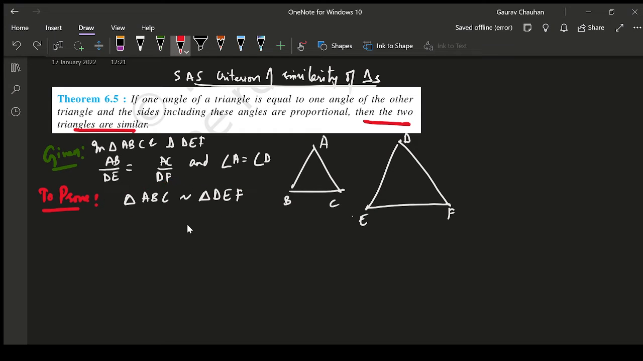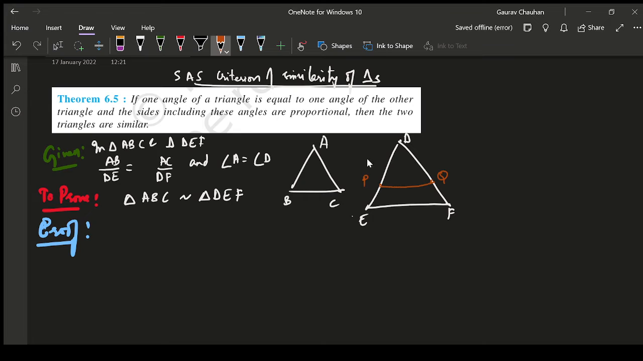This is where we reach, and we can use the triple A or the triple S criterion to show these two are similar. All right. Now the interesting bit here is that in the proof, the construction which we are going to do is the exact same construction which we have done in the AAA proof as well as the triple S proof. Okay, because basically I'm going to mark 2 points P and Q on DE and DF respectively